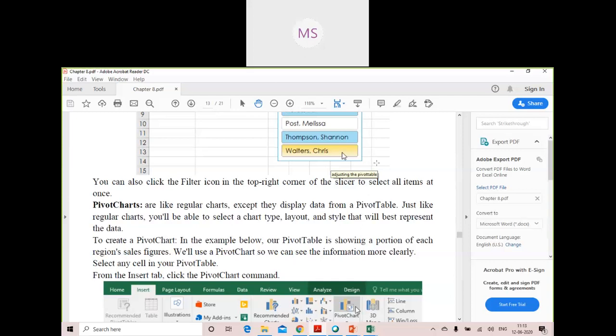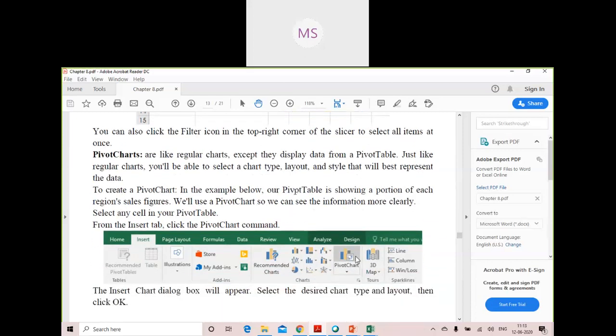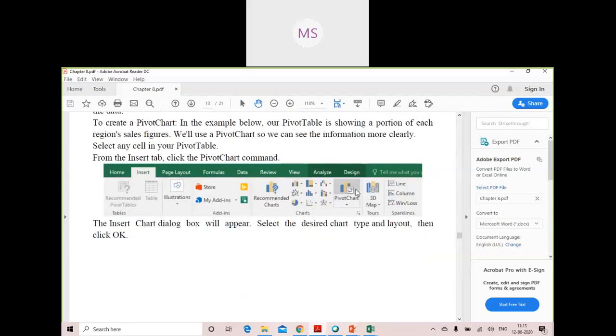So whenever I am saying pivot charts, pivot charts are always going to make use of pivot table data only. You cannot use regular table or normal tables data for creating a pivot chart. So pivot charts, just like regular charts, you will be able to select a chart type, layout and style that will best represent the data. To create a pivot chart, what you have to do? You have to go to the insert section, and from there in the chart option you can select a pivot chart option, like displayed in the